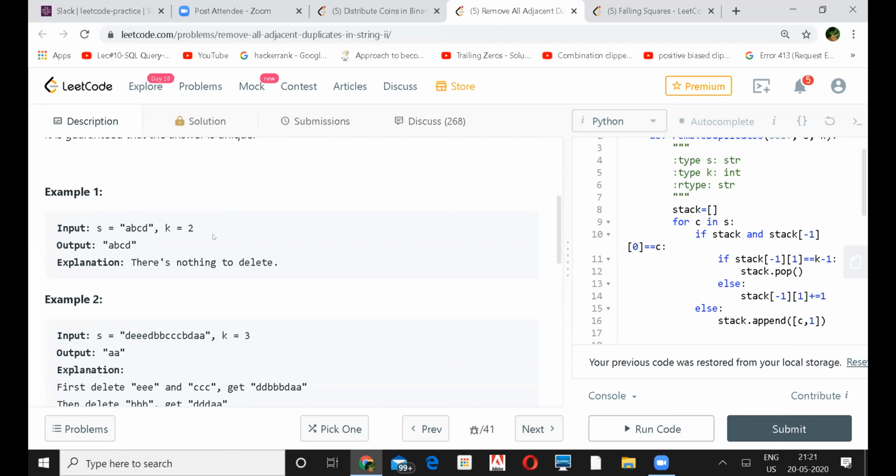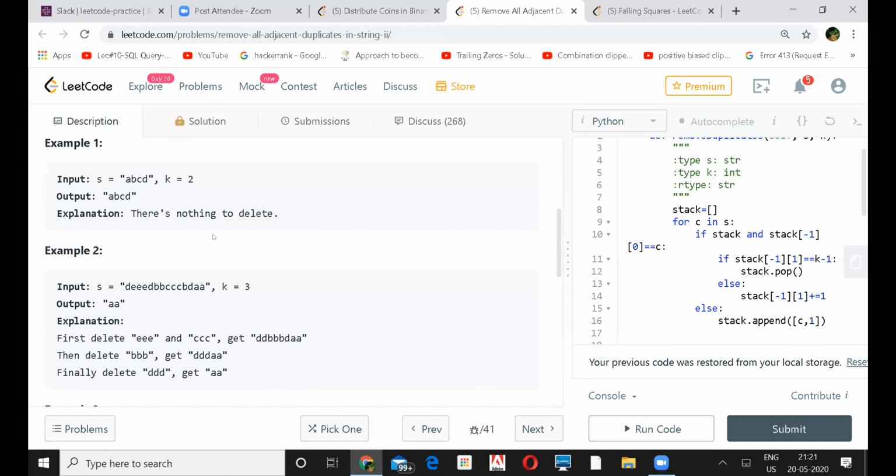So here we are actually modifying the string, correct? If we take example 2 and the k value is 3, when we hit this triple E first, we delete all of them, and then we form another string. If it is Java, it's going to be a new string, correct? Or, if you use a string builder, that's a different case. Then each and every time we have to erase those letters which are duplicates, consecutive of value k, and they should be consecutive. And then again return that string.